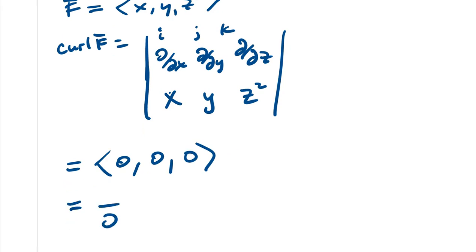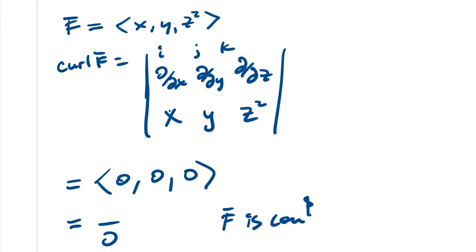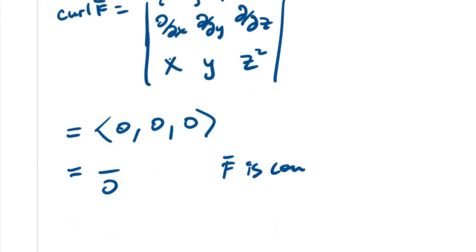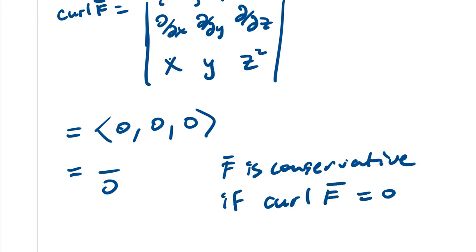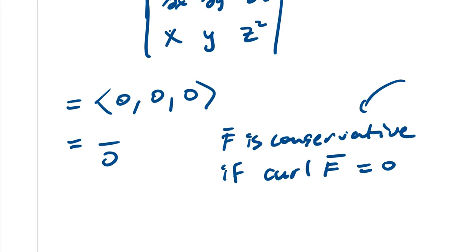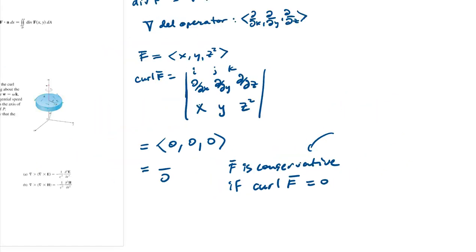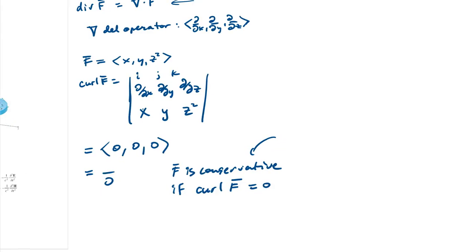So when that happens, as long as we're on a simply connected region, we say that f is conservative. All right, f is conservative. F is conservative if the curl of f is equal to 0. So we've already seen why it's advantageous for f to be conservative. So before we show you an example of this, let's go ahead and find